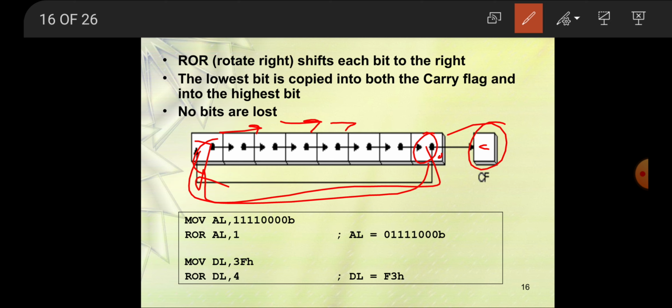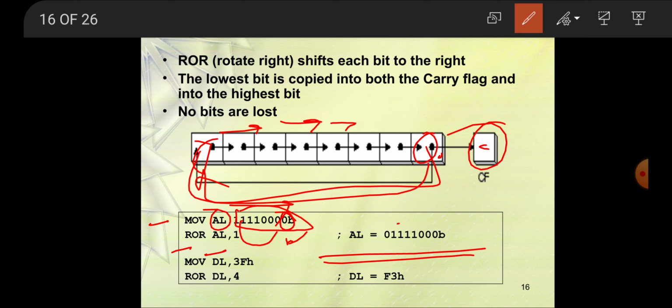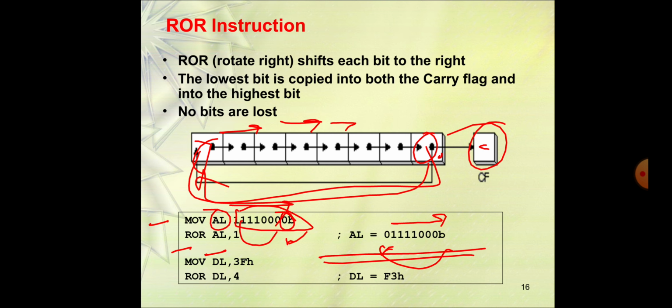So how exactly, if in a program you want to rotate the bits? Suppose I first take MOV AL equal to this bit pattern, so I am moving these bits into AL, and then I rotate AL. What happens here is that this 0 bit will come here and the rest will rotate in this direction, so this is the answer. Your bits are moved, and whatever the 0 bit was here, it will come here. This is how the rotate right operation is done.